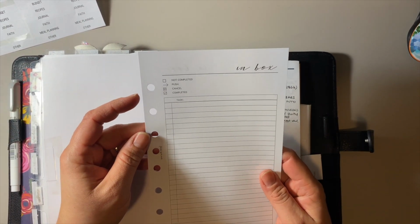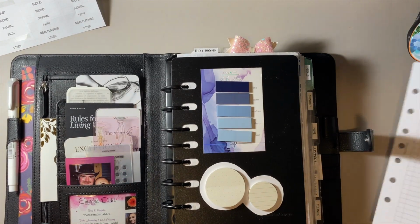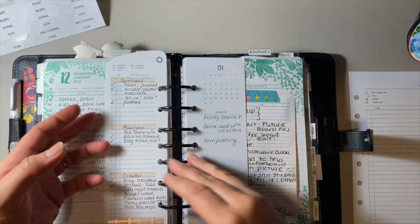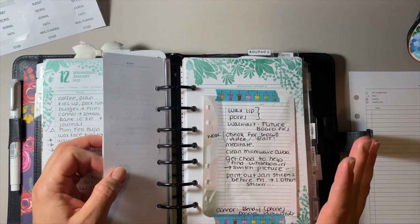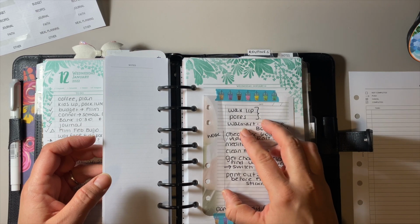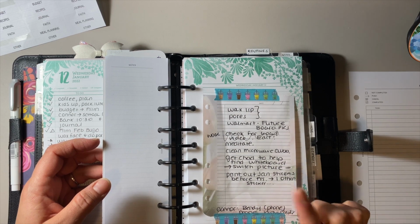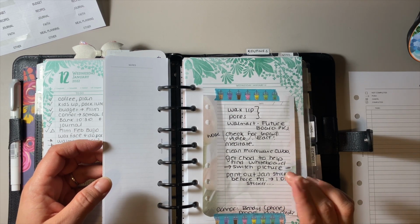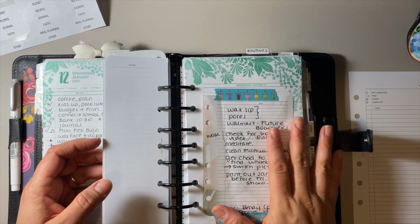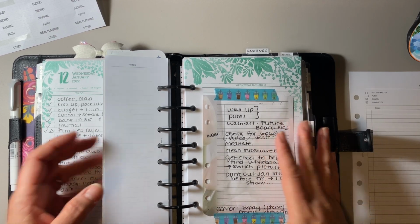I like the idea of an inbox. Sometimes I'm a little weird because I have my planner. I've got my daily, right? So for instance here, I actually wrote a whole bunch of things. I think this was this morning when I was going through all my planner stuff, and sometimes instead of breaking out my planner right in front of me, like opening this bad boy up, I'll be doing my goal work